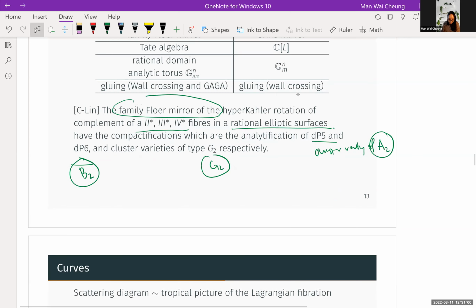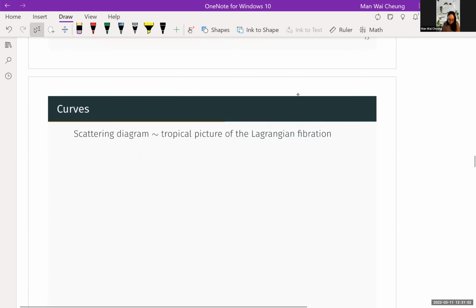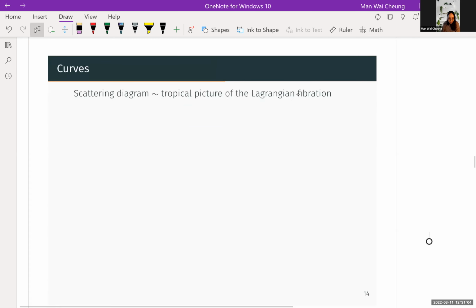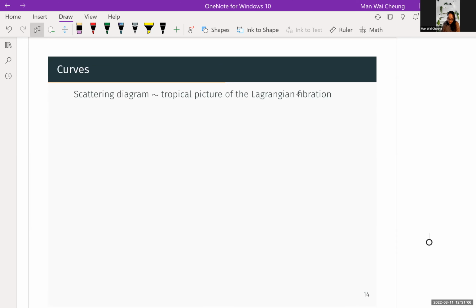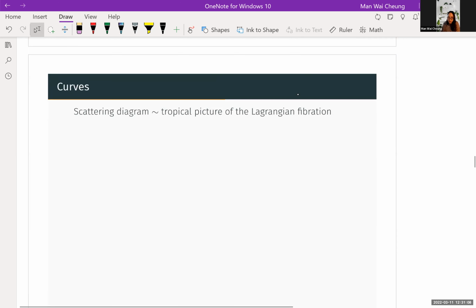One thing when we were talking about the Gross-Hacking-Keel mirror is that the wall functions are associated to curve counting. And what curves are we thinking of? There will be a bunch, but the first thing I want to mention is the tropical curve. The curve here,